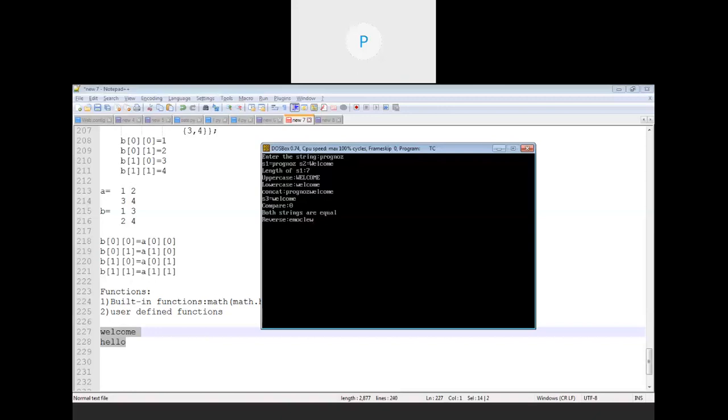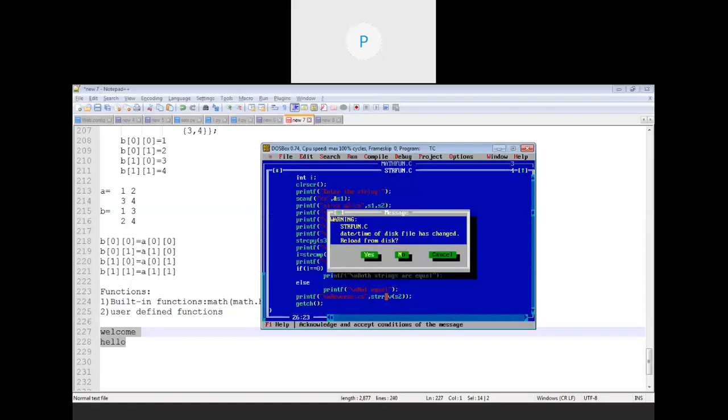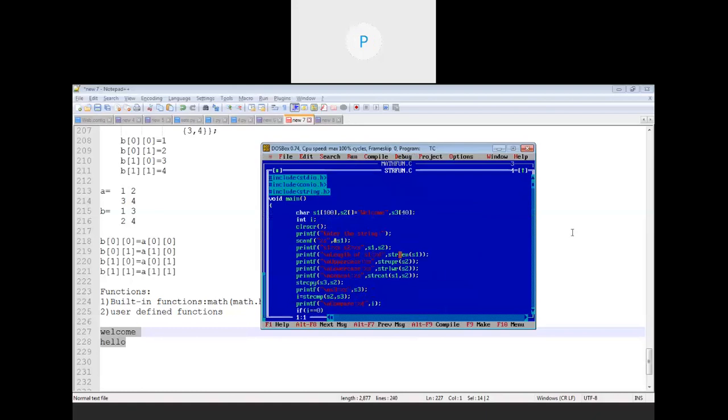Just because S3 and S2 both have the same value, after comparison we get the value of I as 0. Then, because I is exactly equal to 0, it prints that the strings are equal. And then I'm printing the reverse of the given string.